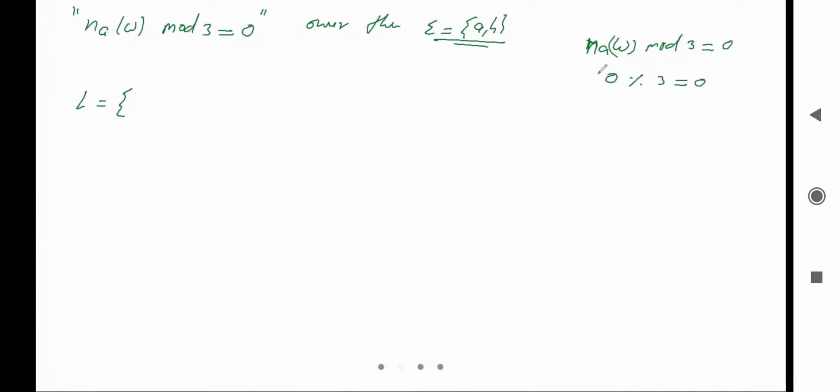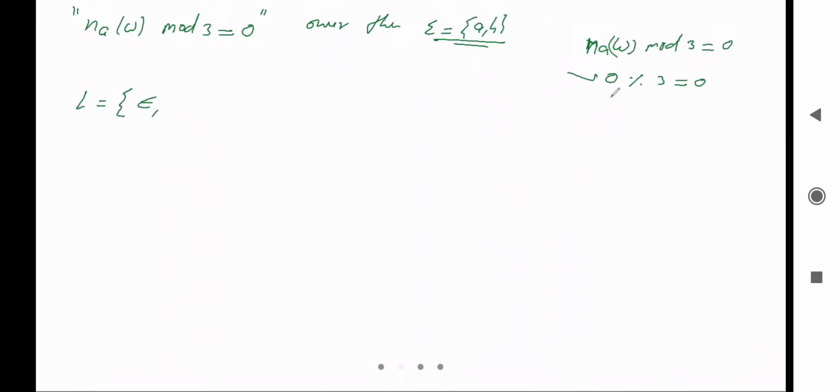Yes, there can be 0 number of a, and there is no condition over the b. The condition is on a, so there is no condition over the alphabet b. So we can say null is possible. Yes, null is possible.